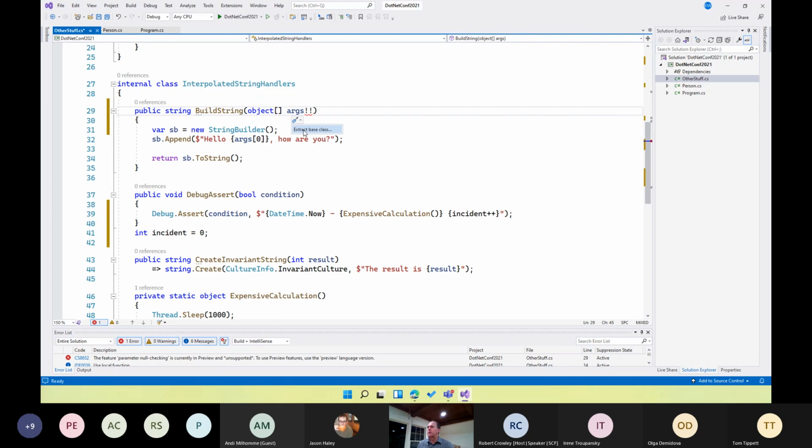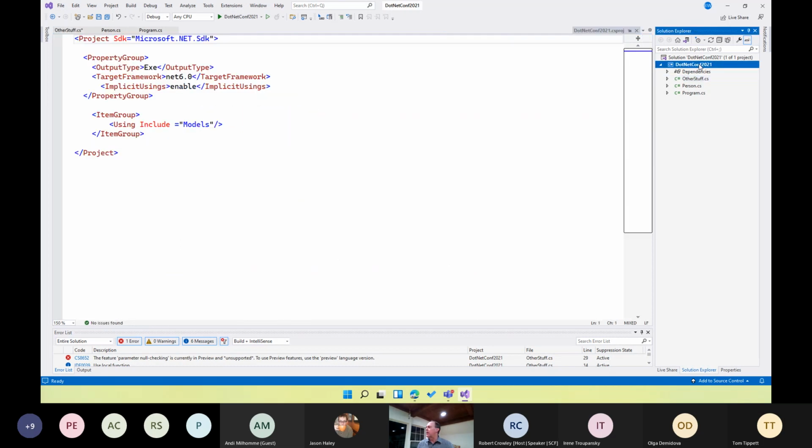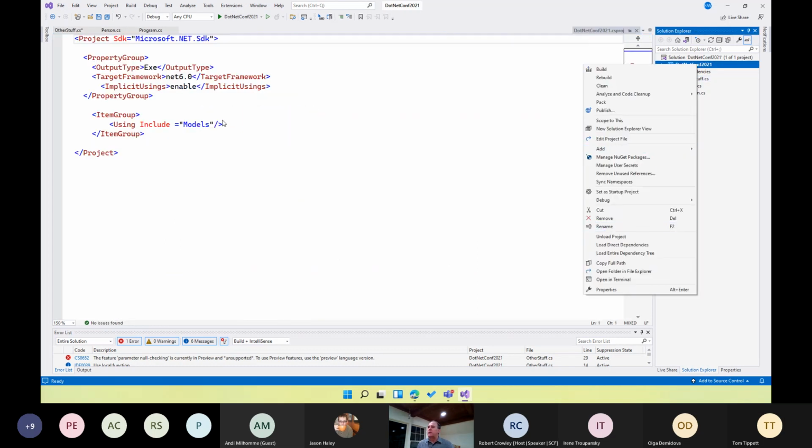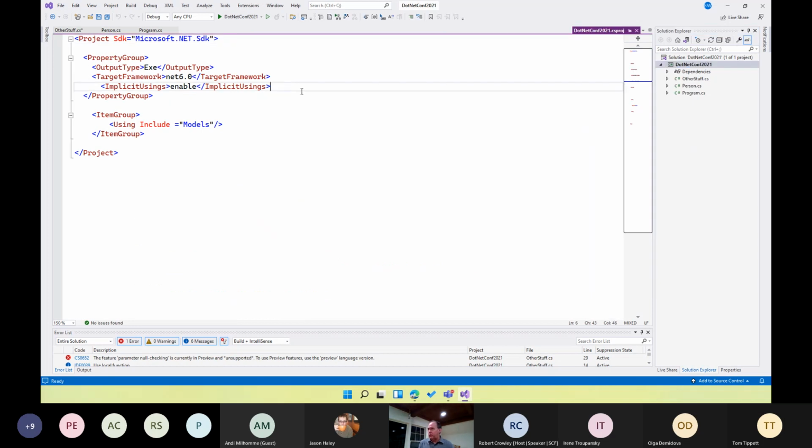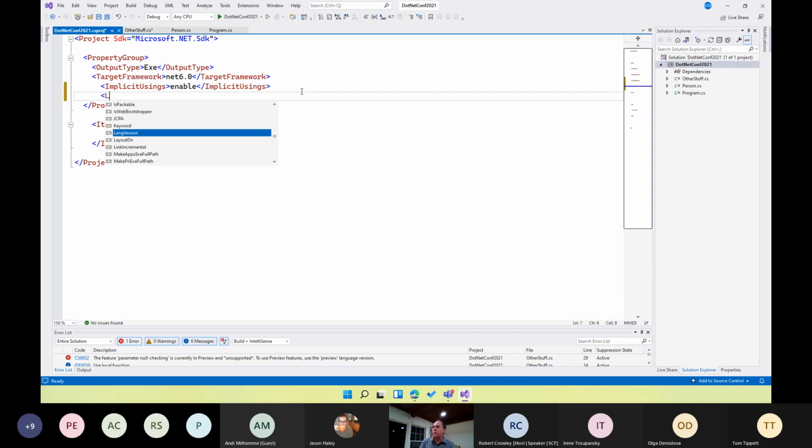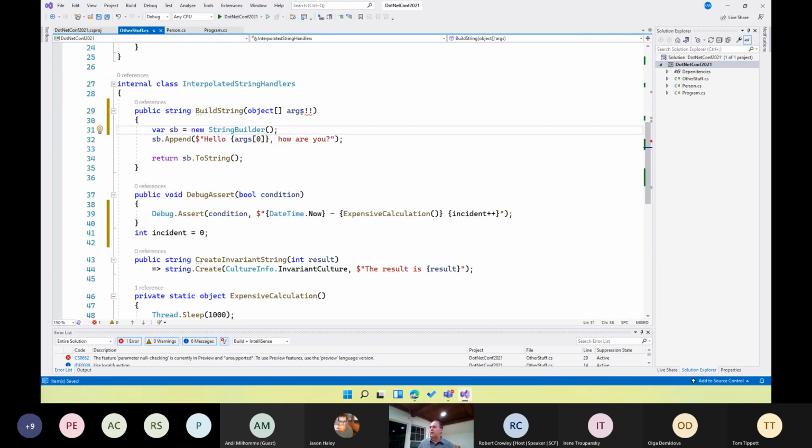Here we go. No, it's not. It's going to make me edit this by hand. So I am going to need to introduce lang version as preview. And as soon as I do that, this should now compile. There we go. So in C# 11, we're introducing the bang bang operator,